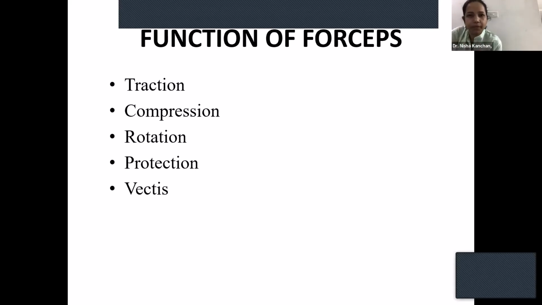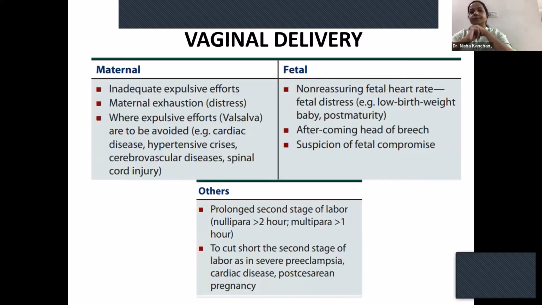So that protection component comes here. Vectis. This terminology is used when you don't use both the branches of the forceps, you use a single branch. And using the single branch, you just hook out the baby. This is commonly used in cesarean section. When there is a deeply engaged head and it is difficult for your fingers to reach deep into the pelvis and extract the baby's head, you put one single blade of forceps and elevate the head and then deliver. So this is called a single blade of forceps being used as vectis. So these are the different functions.